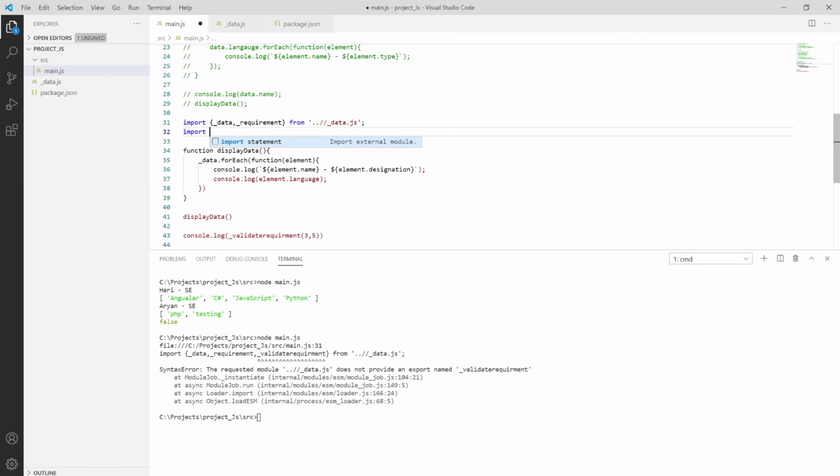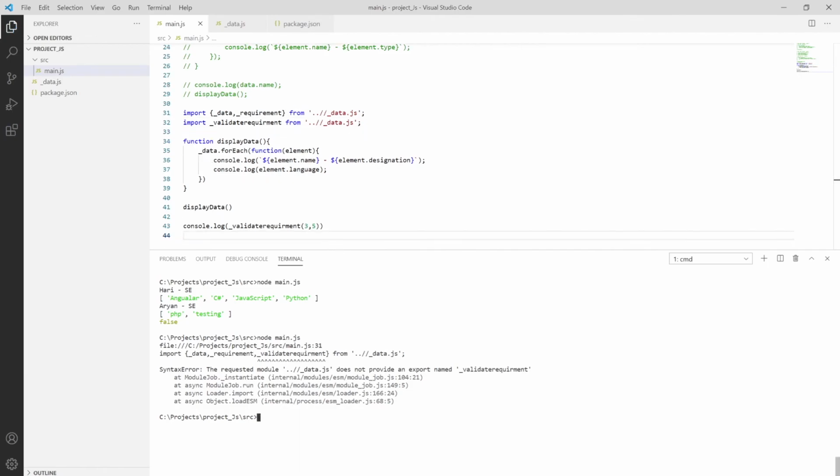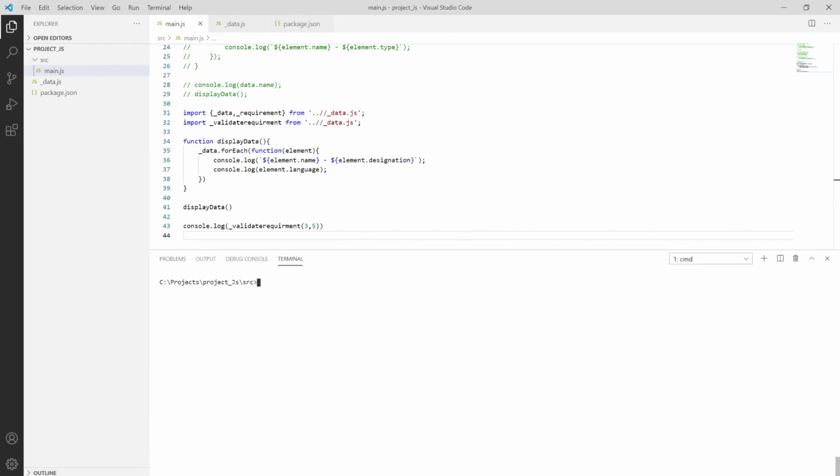So import _validate requirement from the data.js, and then save it using Ctrl+S. Now you can check that it will work. Clearing the console using cls and trying to run, see, it's working. So that's how you can combine import functions.